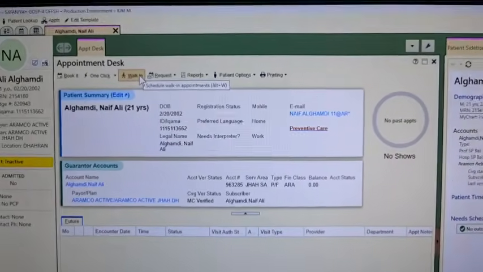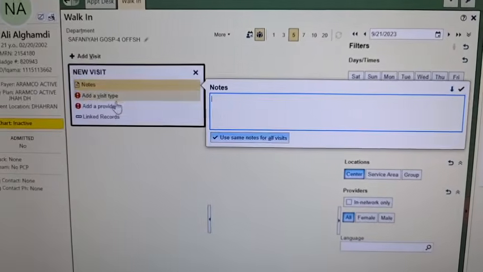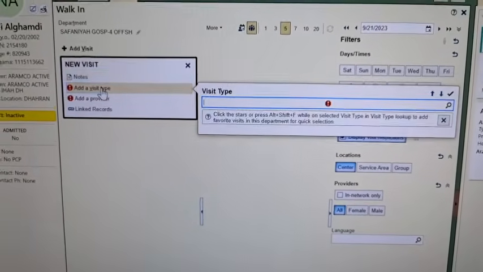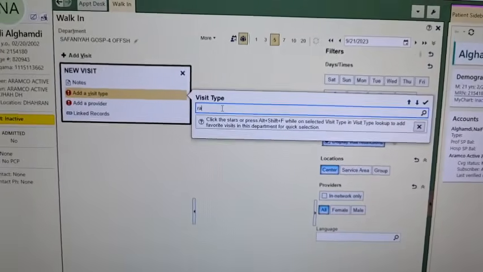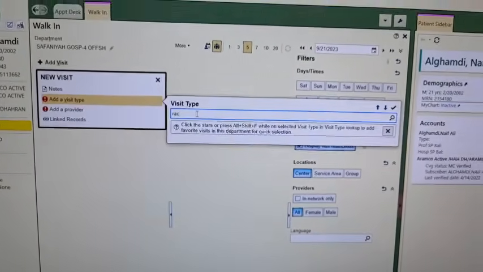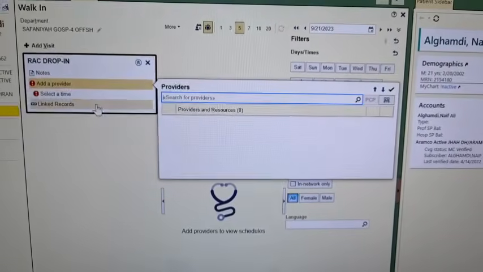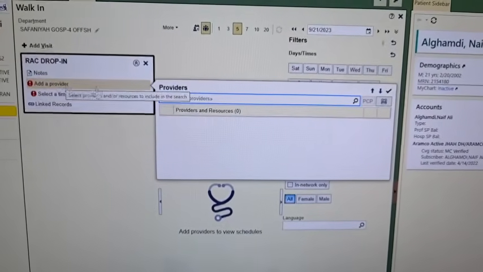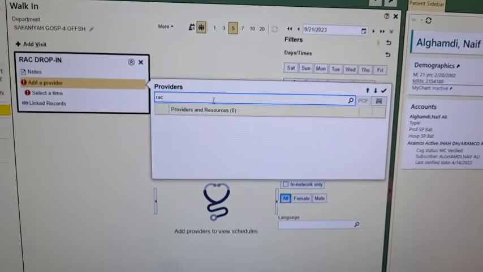What you need to do is click walk in, add patient type. Since you are in the RAC clinics, type RAC, choose RAC drop in, then add provider, again RAC.